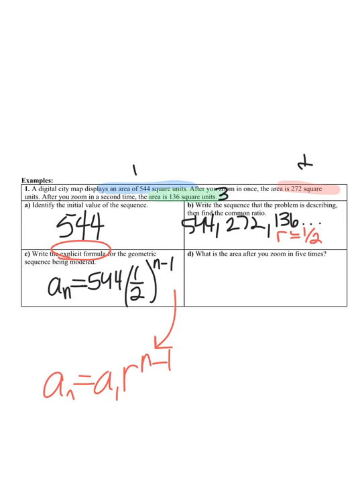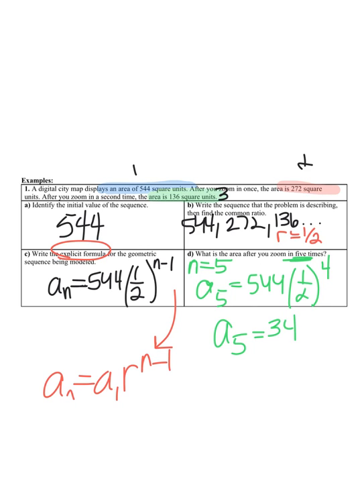What is the area after you zoom 5 times? So here I'm looking for n to equal 5. So I'm going to plug into my equation. n is 5. A sub 5 equals 544 times 1/2 to the 5 minus 1 power, which would be 4. And Mrs. Sanderlin showed you how to use your calculator in a situation like this. We would do 1/2 to the 4th power times 544, and your final answer should be A sub 5 equals